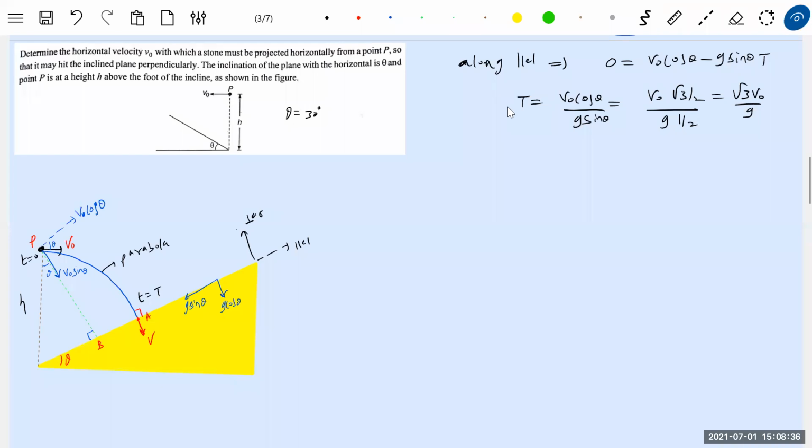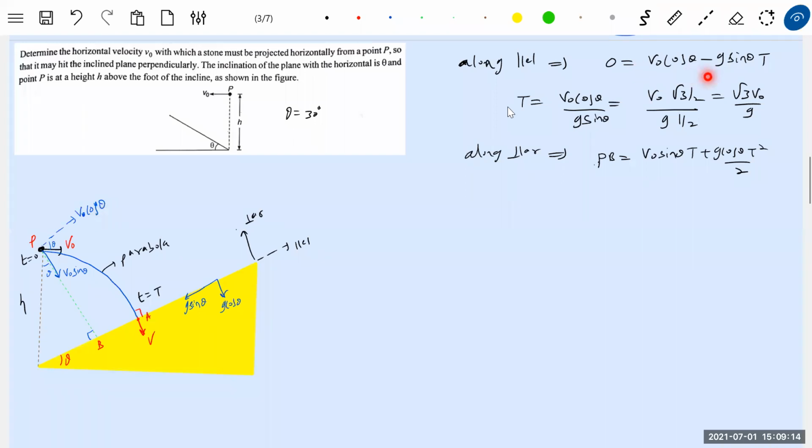Afterwards, what is the displacement perpendicular to the incline? It should be PB along the perpendicular. PB equals v naught sin theta t plus g cos theta t square by 2. V naught sin theta is acting along PB. Look at g cos theta, it will act along the direction PB, perpendicular to the incline. So what type of motion? Perpendicular to the incline it will be accelerating motion, and parallel to the incline, retarding motion.